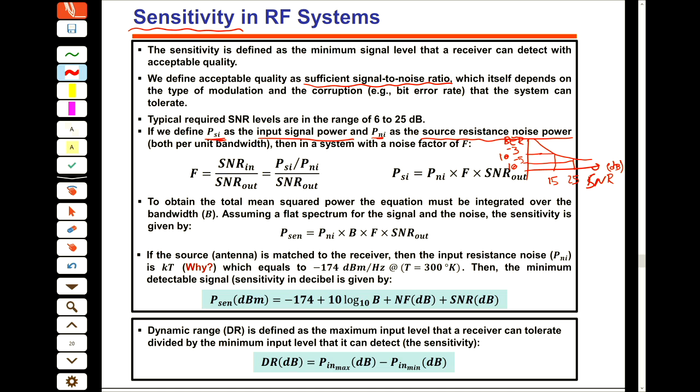Among the components that we define, the transistors and resistors are the sources of noise. The capacitors and inductors are noise-free. I mean, ideally they are noise-free. At high frequency, for example, in lecture 1 we showed that we can model an inductor and inside it has resistors. Definitely it has. But ideally, if we say that we have an ideal inductor or ideal capacitor, it means that it's noise-free. Okay? But the antenna itself